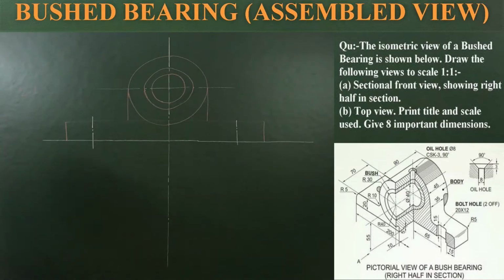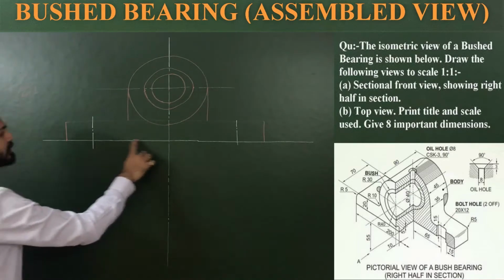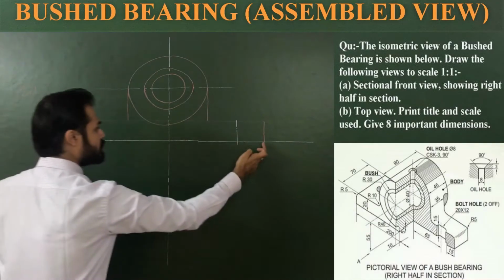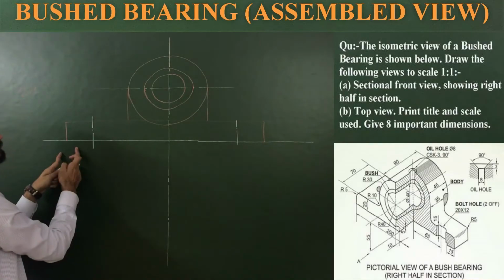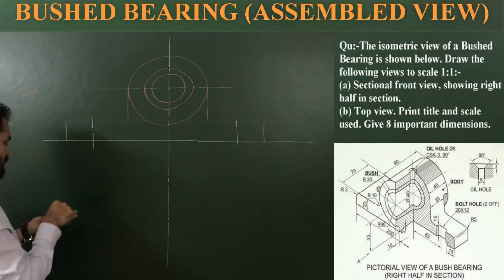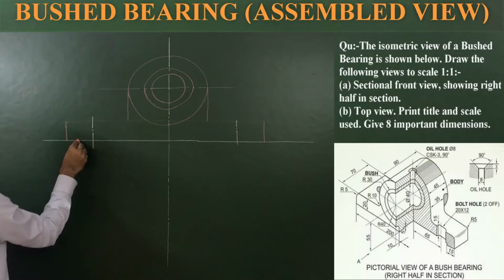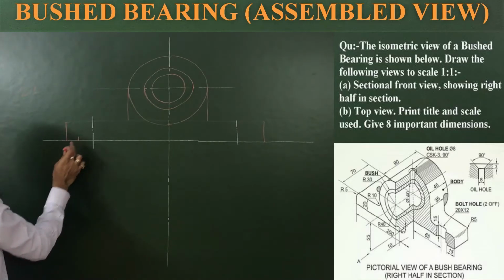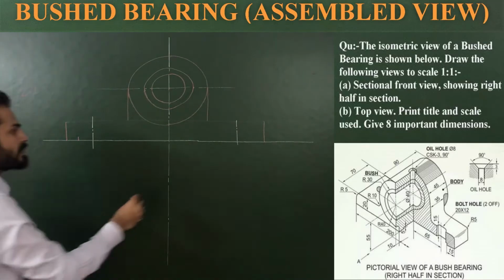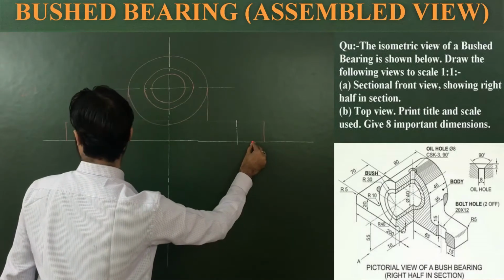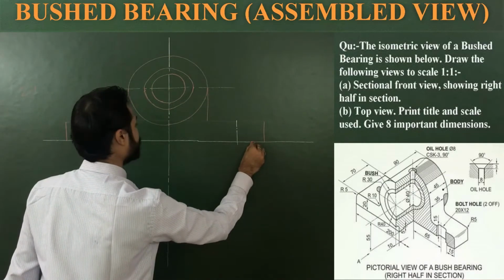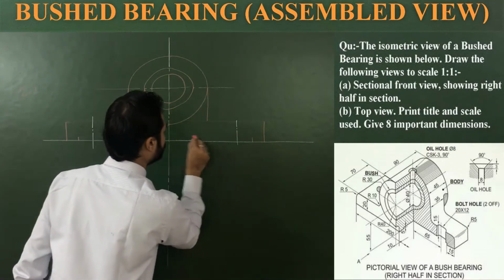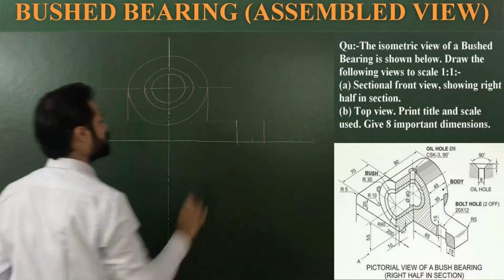Now next is the cavity. So we have a central rectangular cavity of size total minus 15 for front view, minus 15. So what to do? From this point mark 15, 5 up, because eccentricity or cavity height is 5. Again from this point 15 and 5 up, and draw a line joining these 2 points, right.